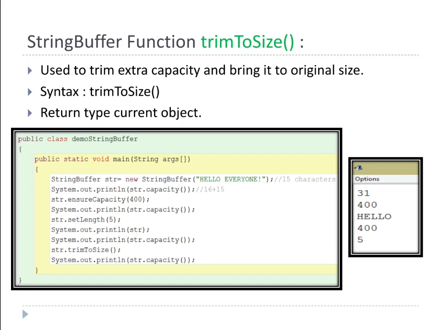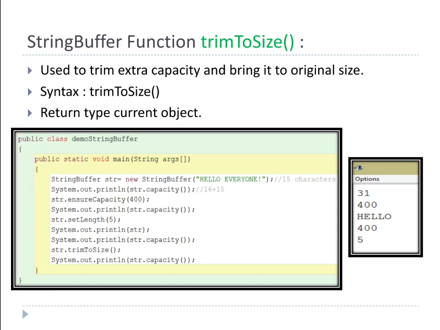We want to save the extra memory. That's why we have another function, that is trimToSize. Actually, this function frees the remaining empty memory. It avoids that occupied memory and frees it.